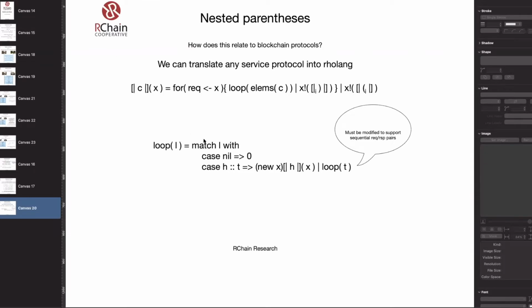Notice that, here's a simple loop, right? So loop matches this with the case nil, in which case it becomes 0. So if you just had open close as in the case of HTTP, this whole thing would be a 0 in parallel with send and response, right? Sorry, I said client and server backwards. Here's the client making the request. Here's the server receiving the request and sending the response. Does that make sense?